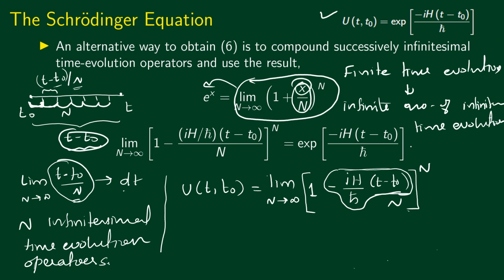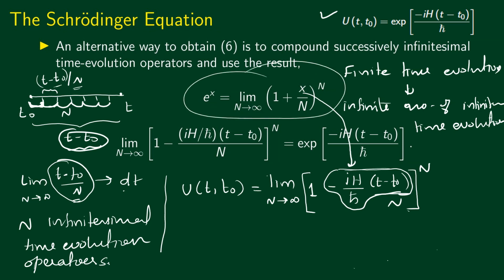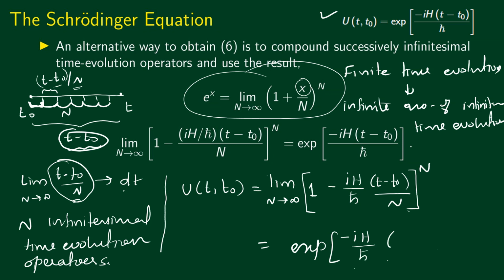In the place of x here, what we have is minus IH divided by h bar, t minus t0. If you use this result, this is equal to the exponential of x, which is minus IH divided by h bar, t minus t0, which is exactly the result we have here. So you can either solve it directly, or